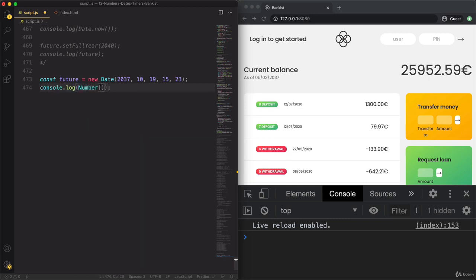So I will convert this future to a number. So you see, it worked. And the same thing is going to happen when I use the plus operator on it. So in fact, that does mean we can now do operations with it. So if we subtract one date from another, the result is going to be a number like this, so a timestamp in milliseconds, and then we can simply convert these milliseconds back to days, or to hours, or to whatever